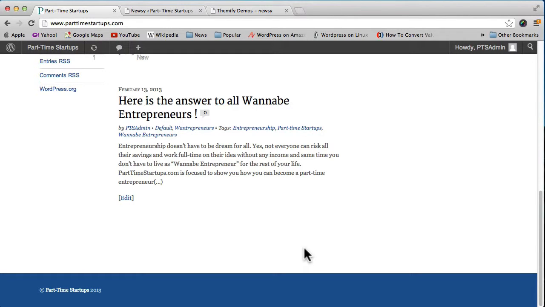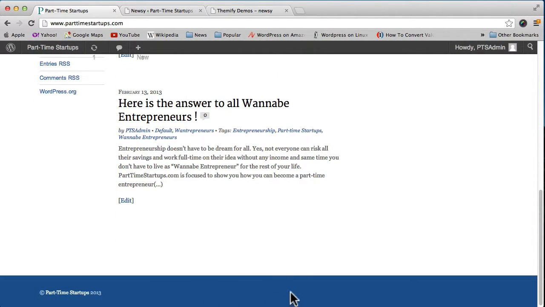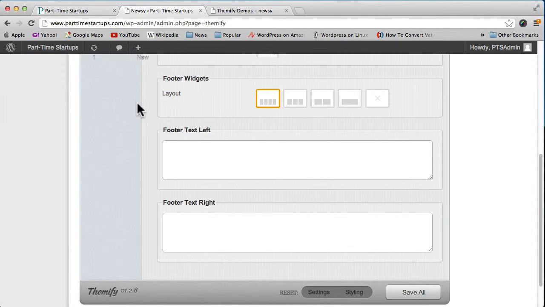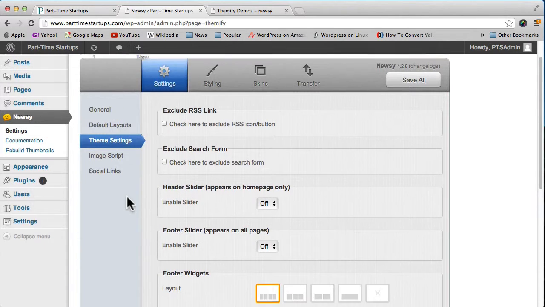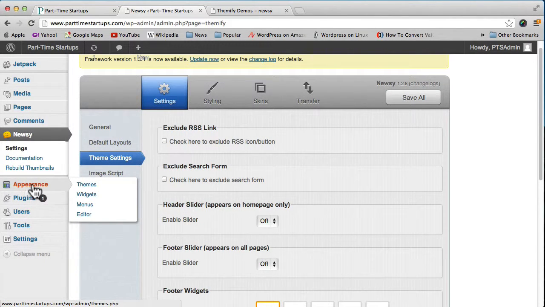Now we're seeing all the changes, but what about the footer widgets? How can I add columns to that? You don't see them here until you add content to the widgets properly. So how do we do that? I'll show widget content later, but for now, just to get an idea, I selected 4 columns, right? There is an appearance and widgets section,